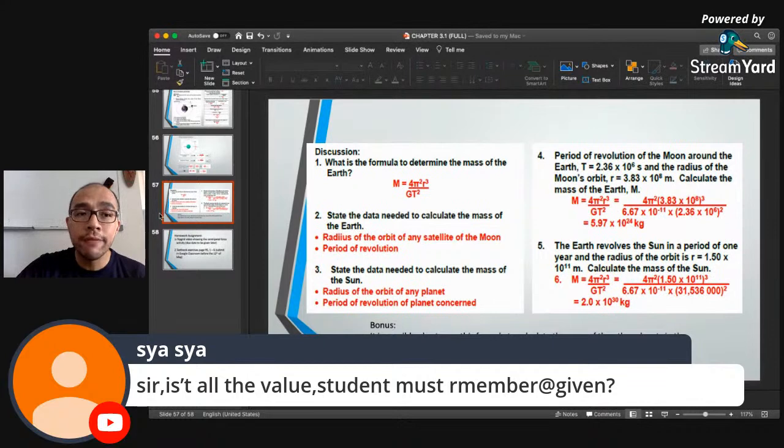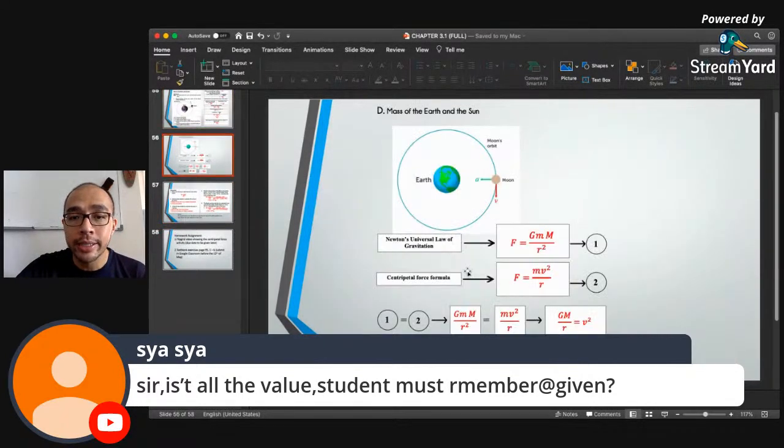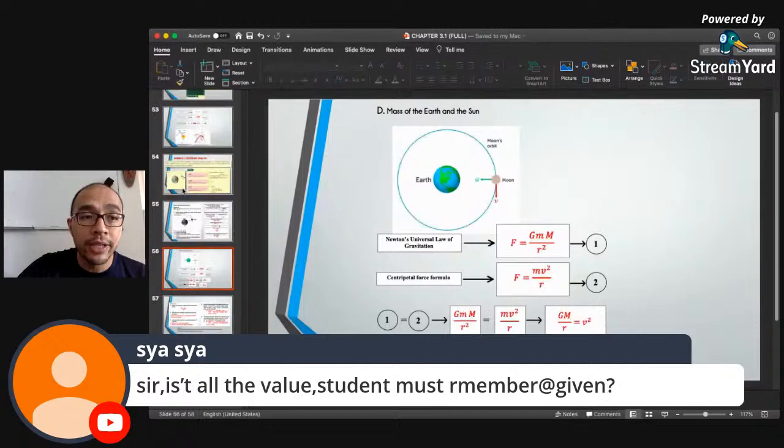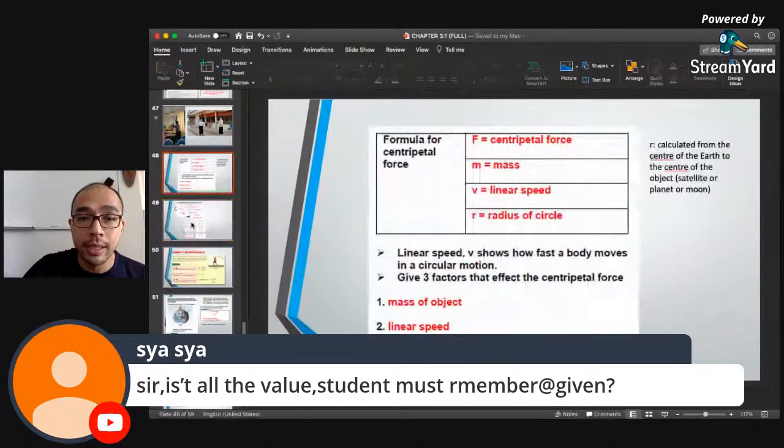So if it helps, if you take a look at this, whenever we talk about force, whether it is Newton's universal law of gravitation, the gravitational force, or the centripetal force, the R always refers to the distance between the two objects. The distance between the center of the Earth and the center of the Moon. That's the R. But when we talk about gravitational acceleration,